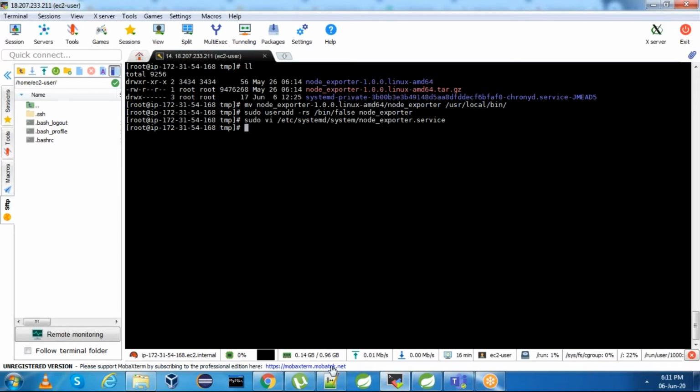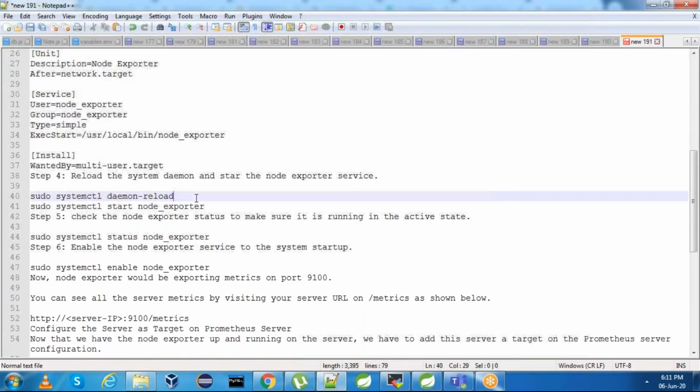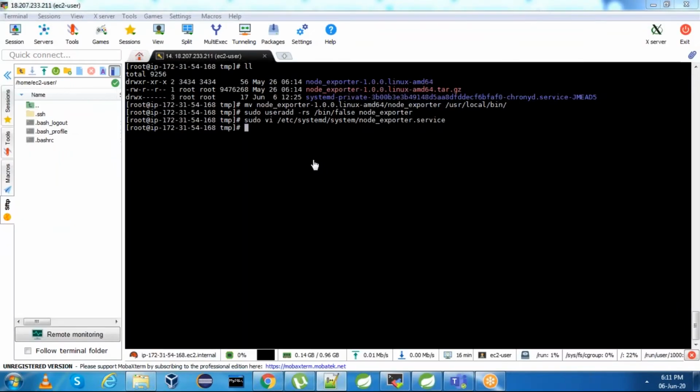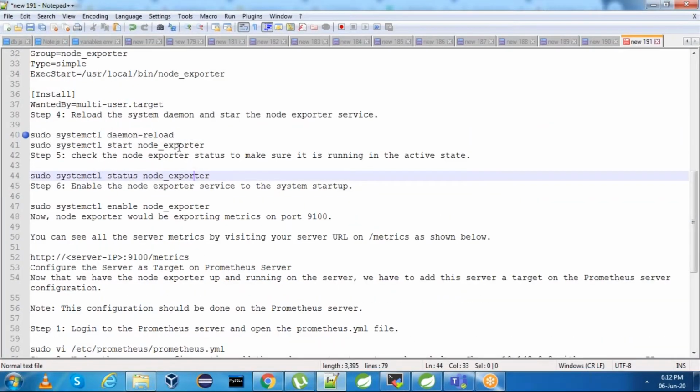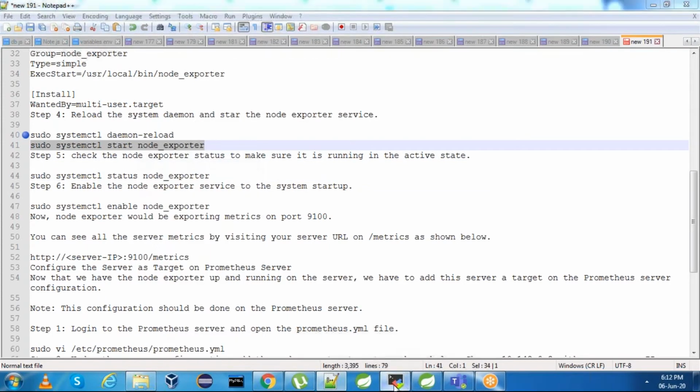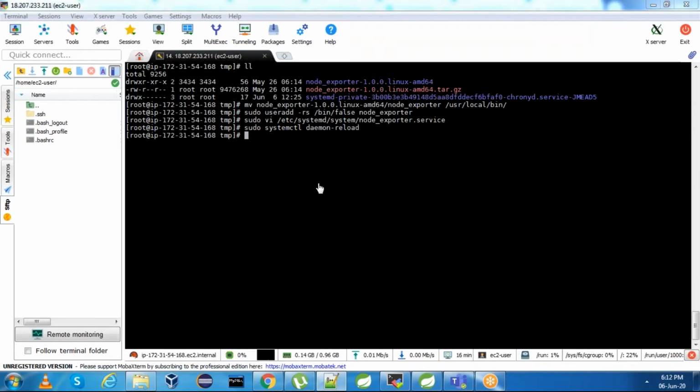Save this. Next, reload the system daemon so that this service will be reflected. This is done. Now start the node exporter service with systemctl start node_exporter. The service is started.